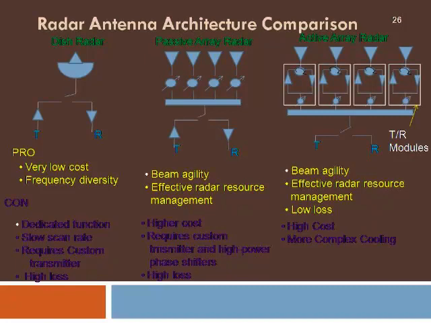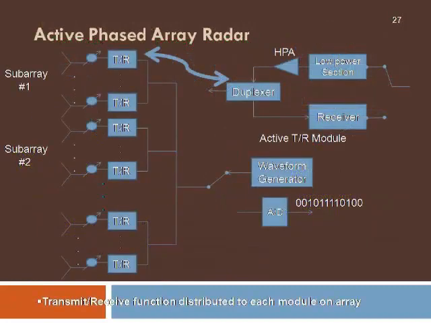Here, when we go for an active phased array, we can see in this slide that there are going to be several transmit receive modules, and after this there are going to be phase shifters which will be programmed to make sure the beam is pointing to different locations. There can be a single beam or multiple beams by properly choosing the phase shifter values. The TR modules will have separate transmit and receive sections.